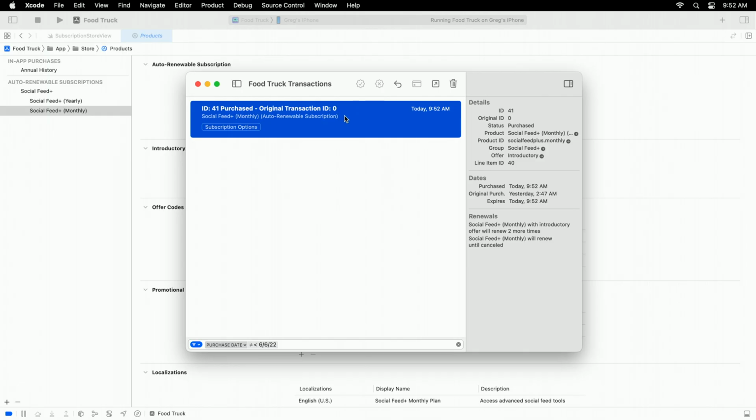Now, let's wait for it to be time for a renewal. When the transaction expires, notice we first enter the billing grace period state. We can look at the transaction inspector and see the time each state will end. The billing grace period just expired, and now we're in the standard billing retry state. At any time, we can use the Resolve Issue for Transaction button to simulate fixing the billing error. Let's test resolving the issue.